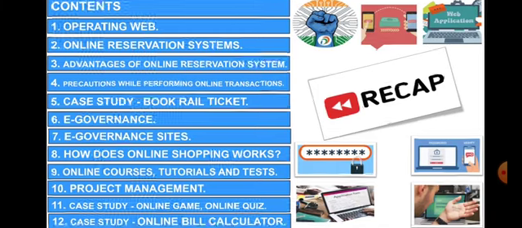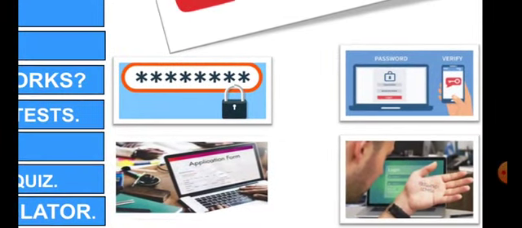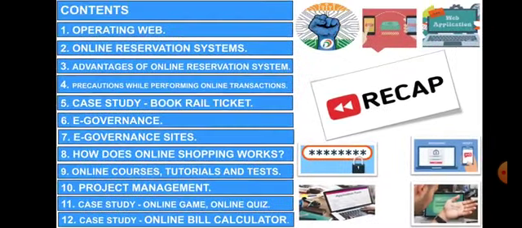I have shown you a person who has written his password on his hand, so that cannot be done, and passwords need not be advertised. It has to be kept securely.